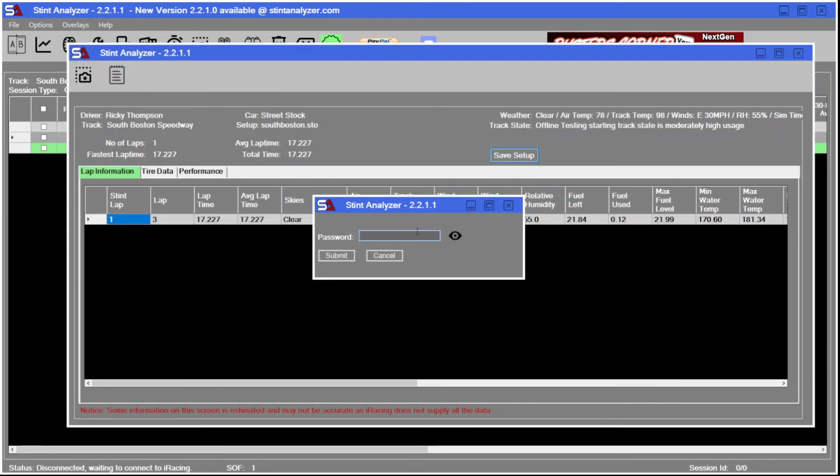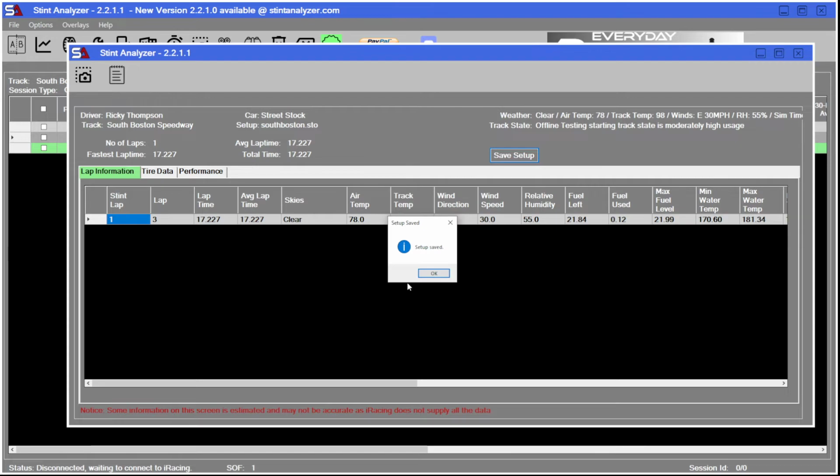You click yes, and it's going to ask what's the password. It isn't going to let us save it until we know the password. So we put in 1 2 3 4, it's going to tell us it's invalid. If we do password 2, it's going to say setup saved, and that'll be